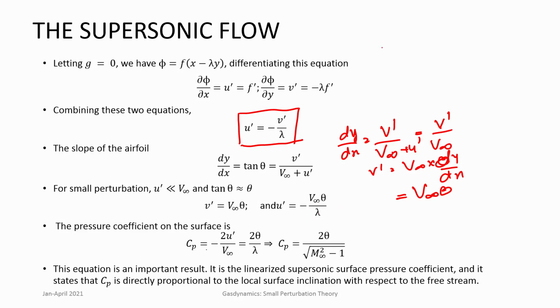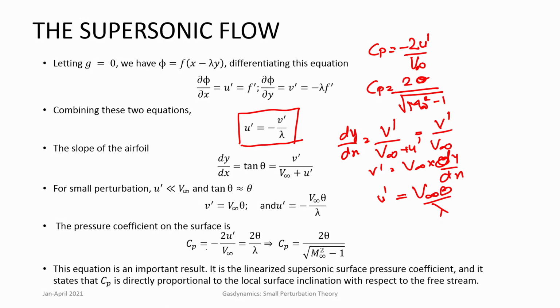Now, we had seen in the previous class that Cp for small perturbation can be written as minus 2 u prime by v infinity. So now the u prime value that we had just arrived at, which is minus v prime by lambda, if we substitute into this equation, we get Cp is equal to 2 theta by square root of M infinity square minus 1. So here we get a very important result. So what we find here is that